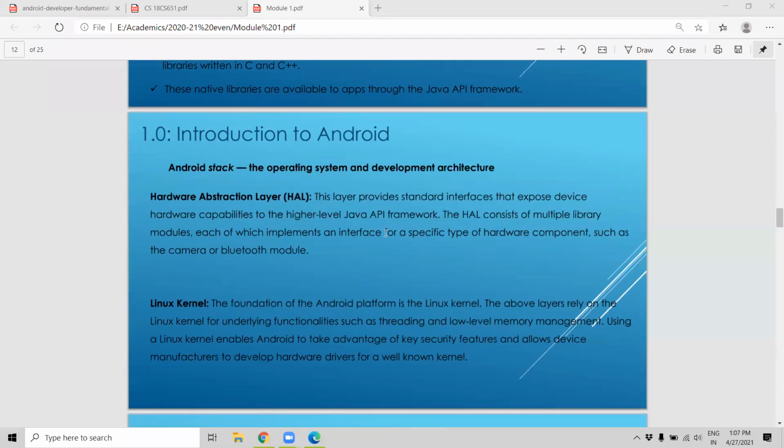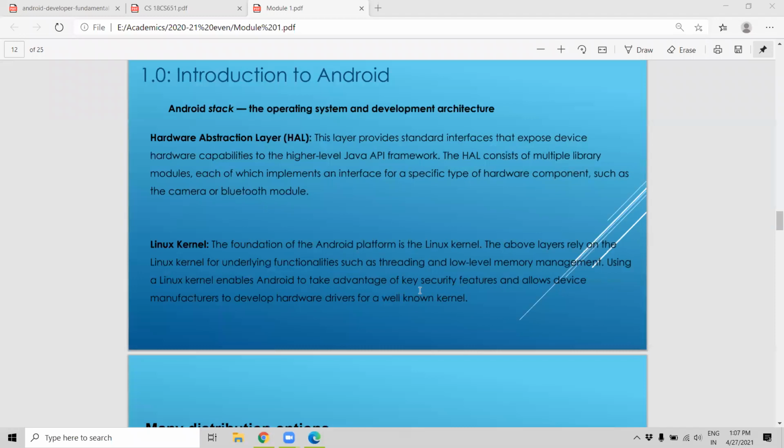This hardware abstraction layer is an interface. That is what I was saying. It will create an interface for you to communicate with the many modules, like the example I gave, the camera module or Bluetooth module. To communicate with that, the interface will be there. Just send the information through that interface. Everything is programming, I'm talking about the program, not the hardware. And the final kernel deals with the real hardware drivers in the system.